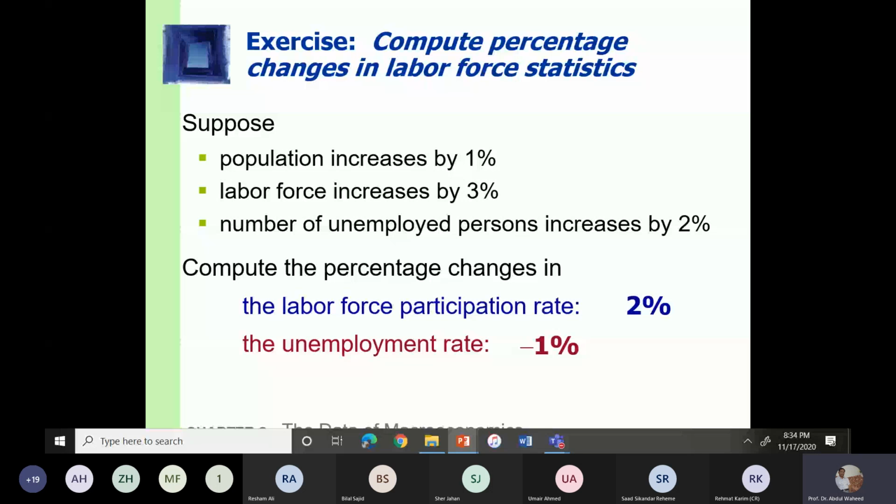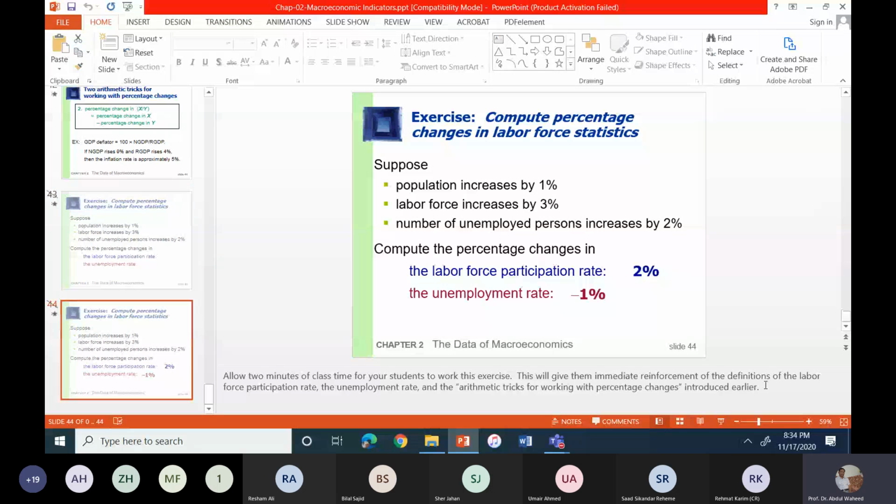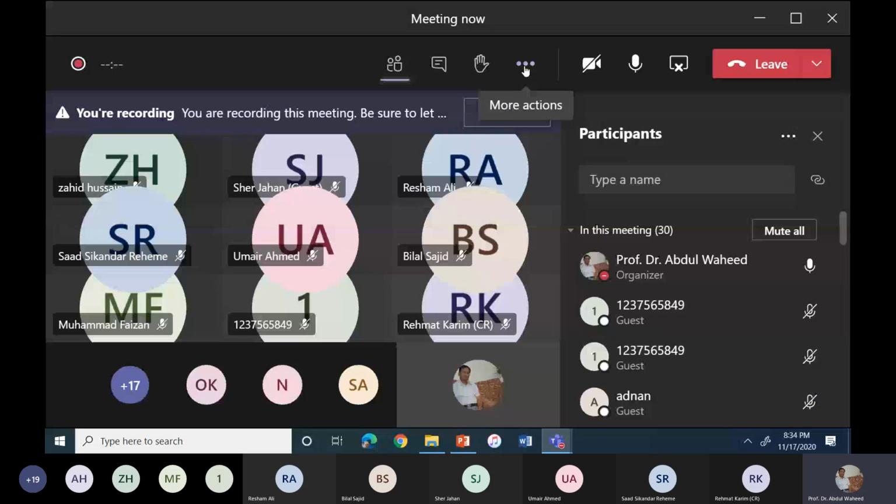These are the answers: 2% and -1%. तो ये तो सब you have to use the trick, you have to use the logic. Okay, don't guess. Okay. ठीक है. So we finish this chapter and